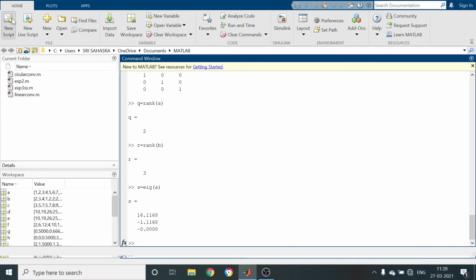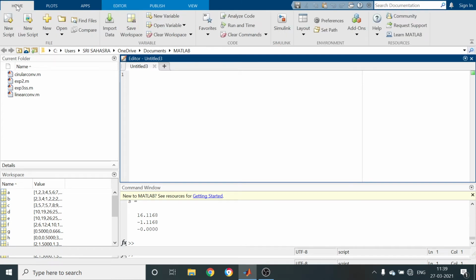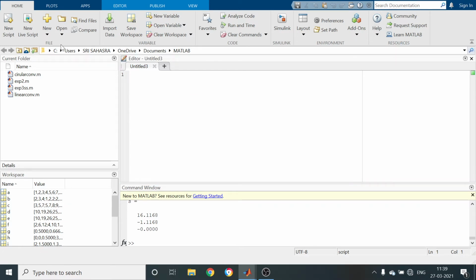Here you can go for script. In order to get any help, all of you observe: go to the home page, there is a question mark, the help button at the bottom. Simply click on help. As you double click help, you are going to get MATLAB.